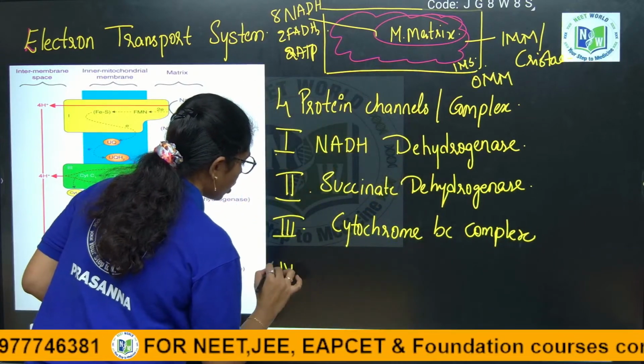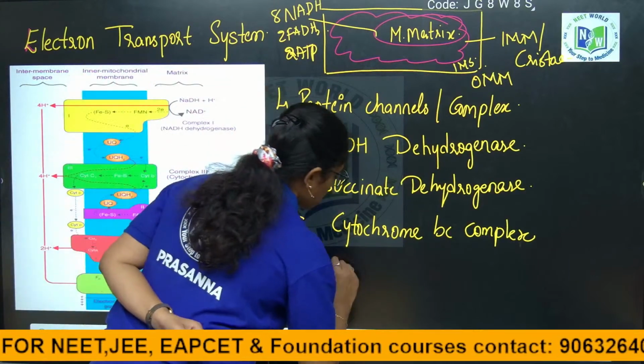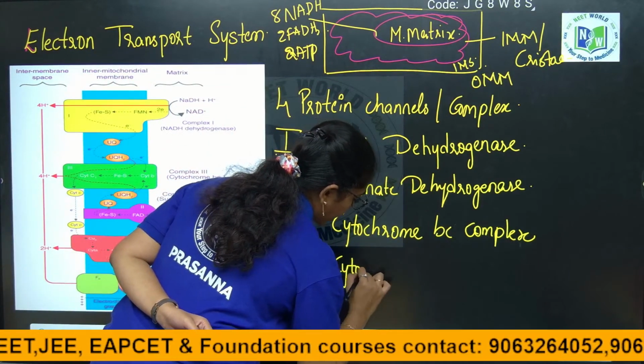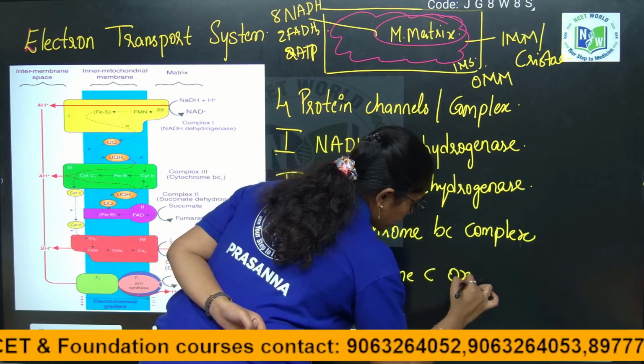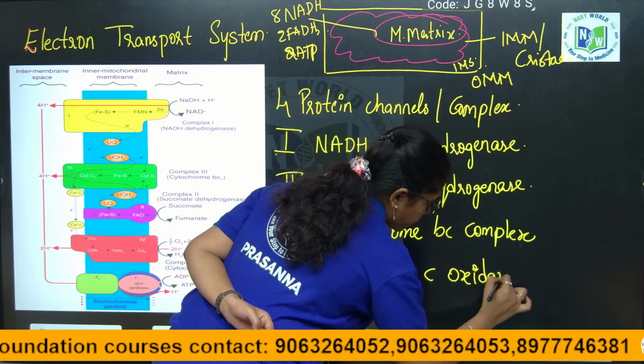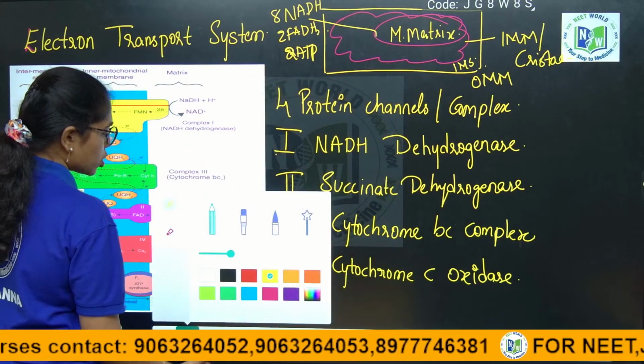Complex 4 is called cytochrome C oxidase. Clear? So, if you look into complex 1,